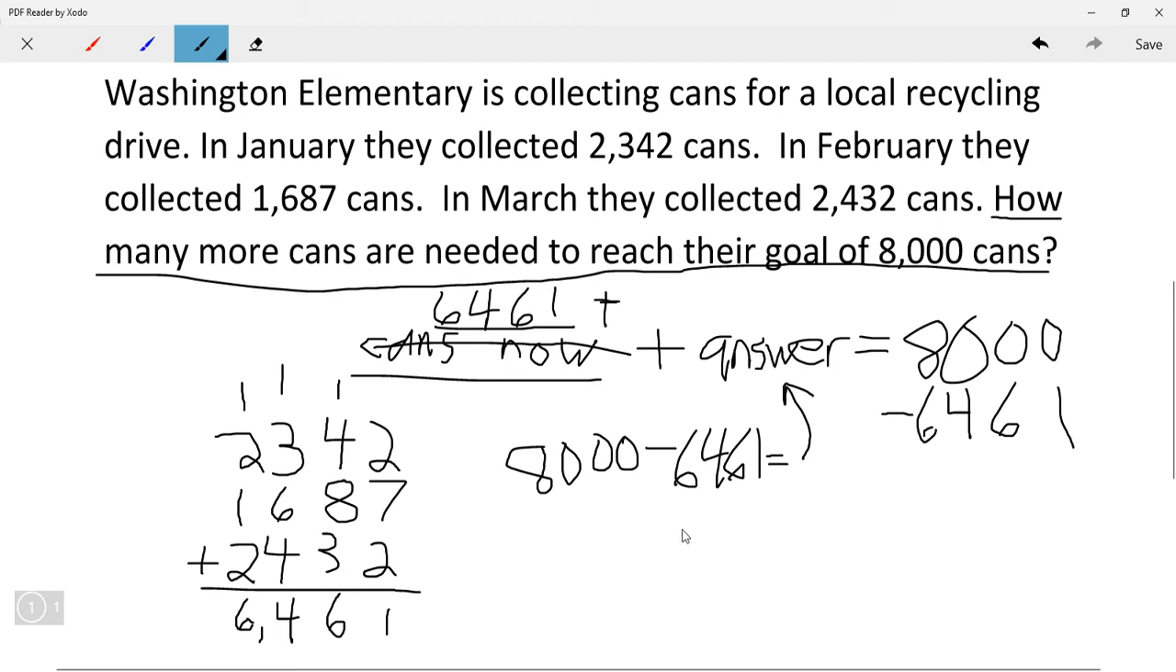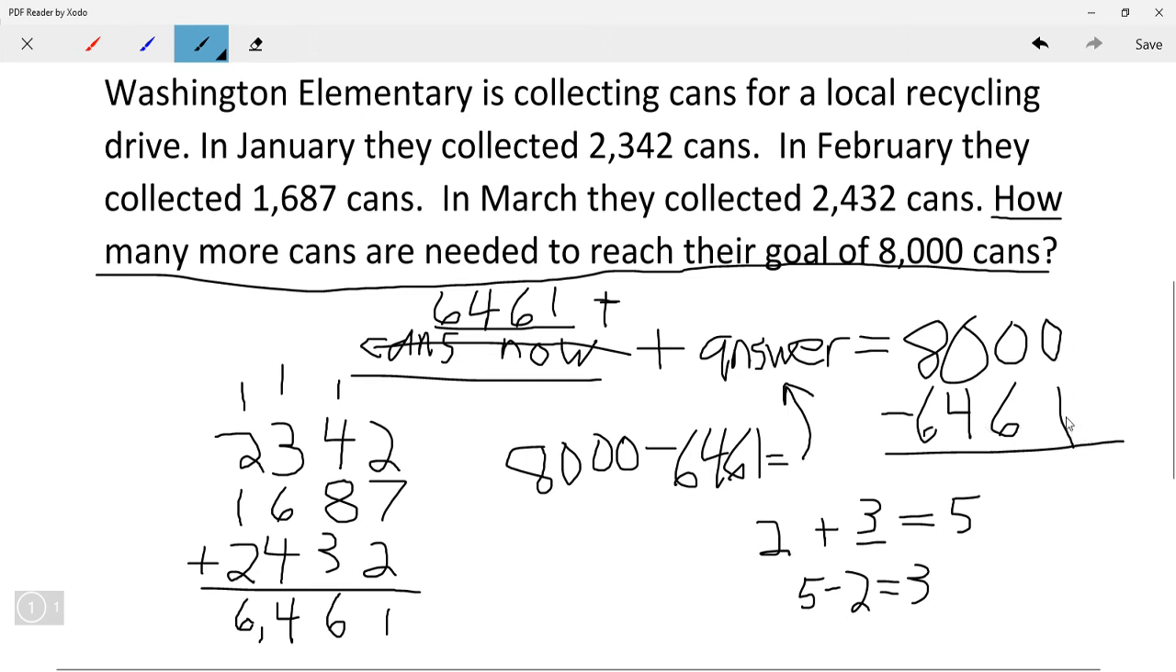It works every time. Just 2 plus blank equals 5. We know that this is 3, right? and then 5 minus 2, right? So 5 minus 2 also equals 3. It works every time. So if you have a missing addend, it's the same as subtraction, and that's usually an easier way to figure it out. So now we're at 8,000 minus